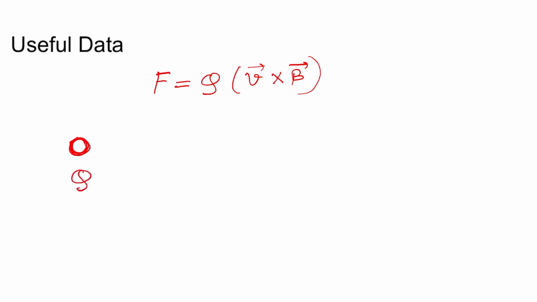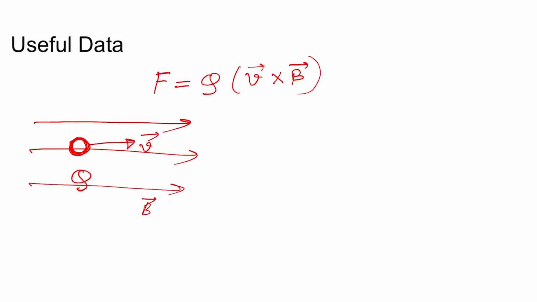So in order to solve this problem, we need to understand that the force on a charged particle moving with a velocity of v vector under the influence of a uniform magnetic field is given by F equal to Q V cross B. So if this is a charged particle with charge q coulomb and it has a velocity of v vector and under the influence of magnetic field which is B vector, then you need to multiply q with the cross product of v, that is the velocity, and the magnetic field.